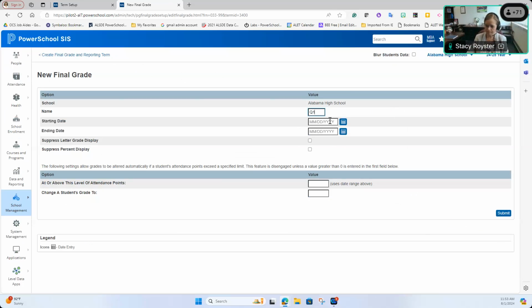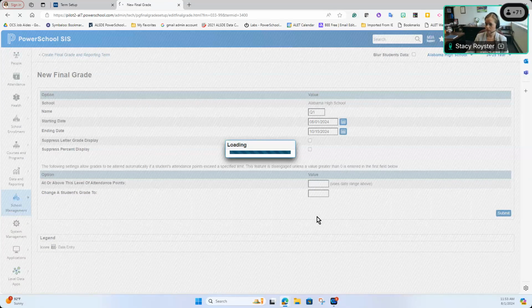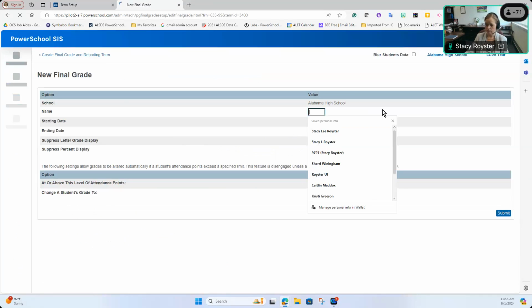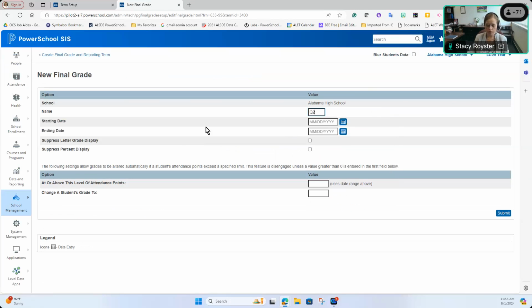I'm going to say Q1, and it is going to be from 8/1/2024 to 10/15/2024. Okay, so it is there inside of there. Hit submit. That's going to allow me to store a quarter 1 grade for my year-long classes. I'm going to build out quarter 2. So quarter 2 is going to start the day after quarter 1. So quarter 1 ended on 10/15. So quarter 2 is going to start on